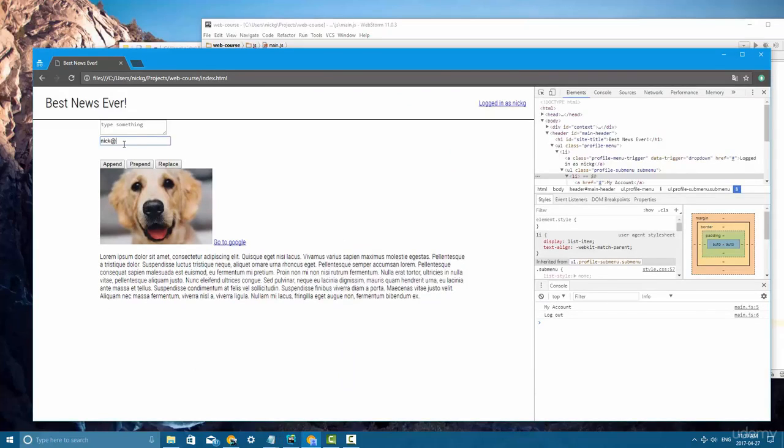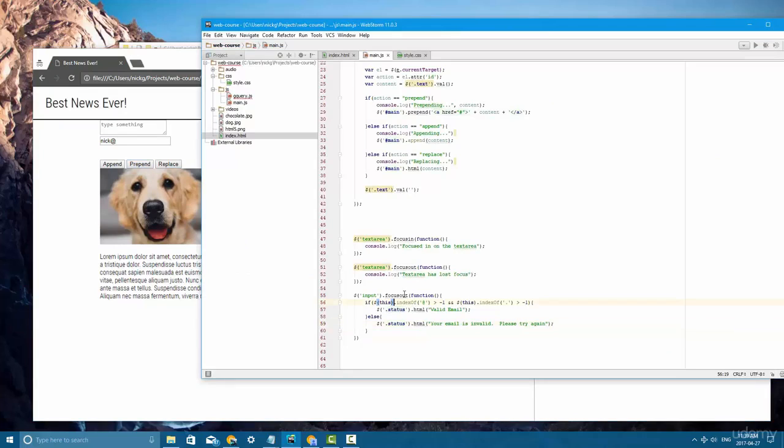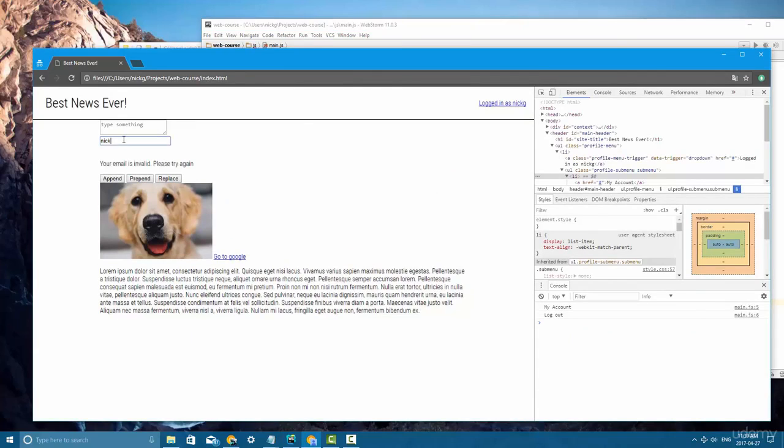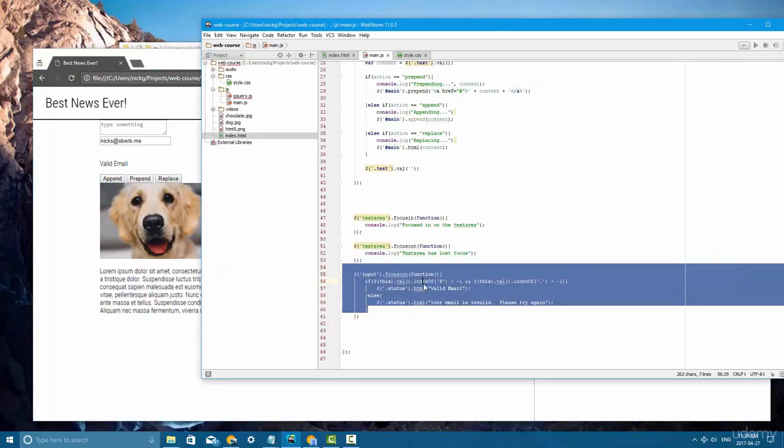Now let's type in Nick at, let's tab out. Index of is not a function. All right, sorry, this val. The element itself does not have an index of. There we go. Nick, and let's click out. Oh, it's invalid. So now we know to go back and try. Oh, it's still invalid. And it's still invalid. There we go. So as you can see, sometimes it makes it a lot easier and quicker to code, and